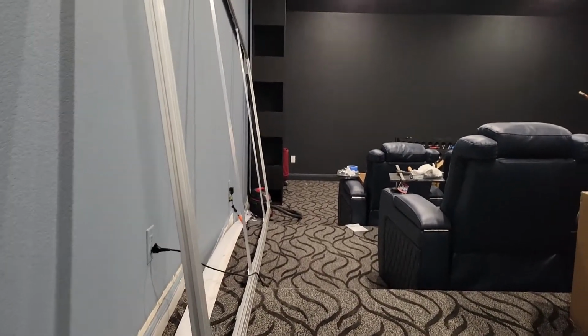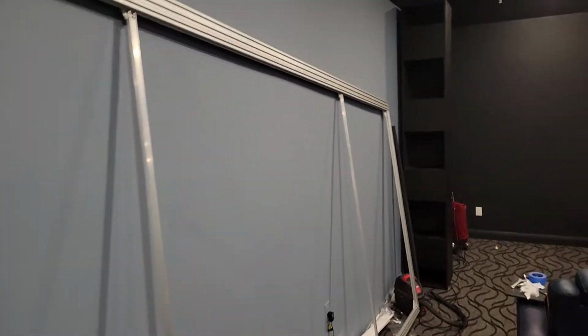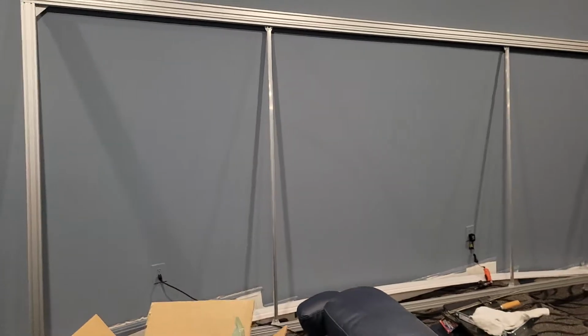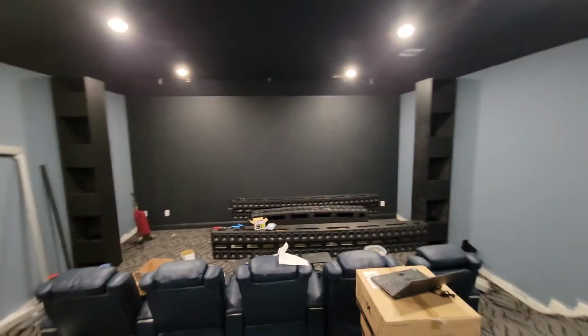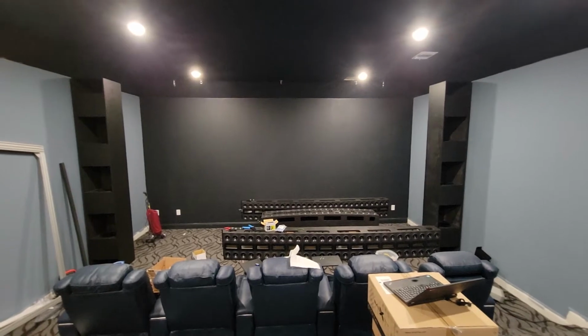behind the screen. So the screen frame, finally got all the right corner brackets and stuff to put it together. So it's nice and sturdy now. See if I can zoom out some. There we go. So all this stuff that I had down here with those big black posts and cross beams